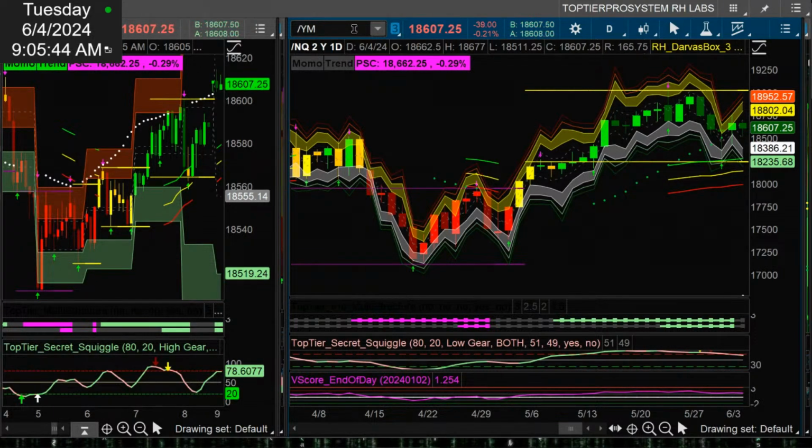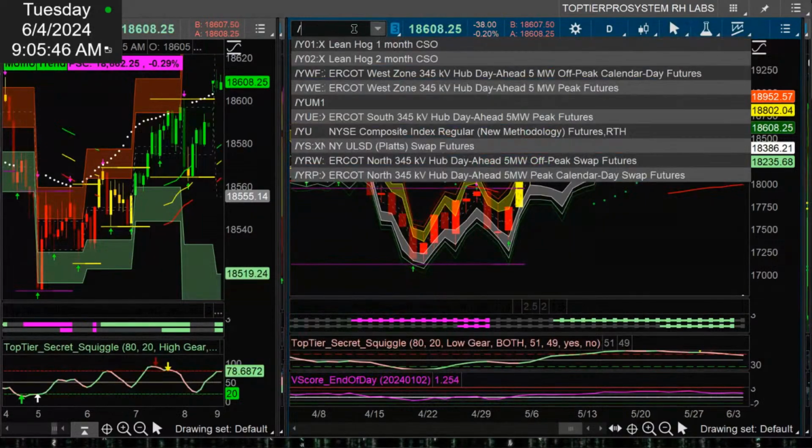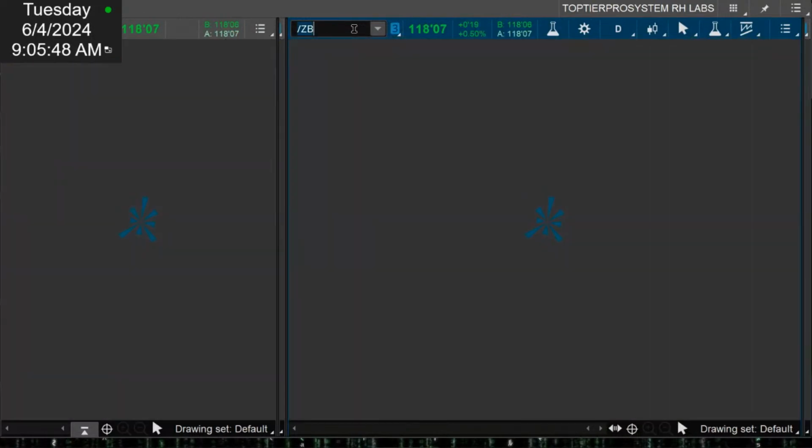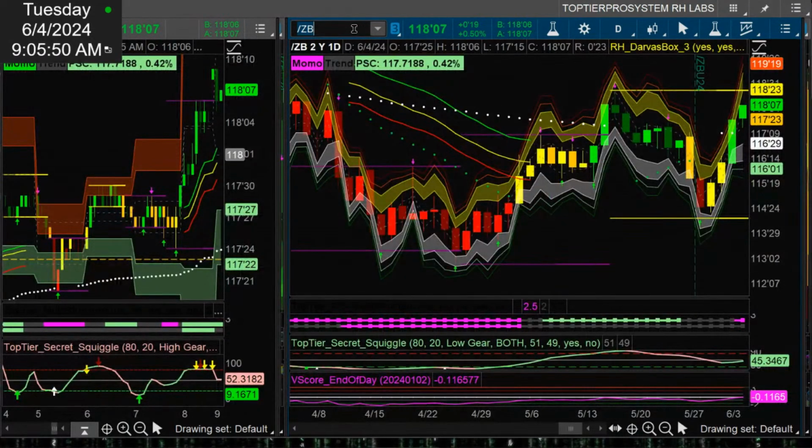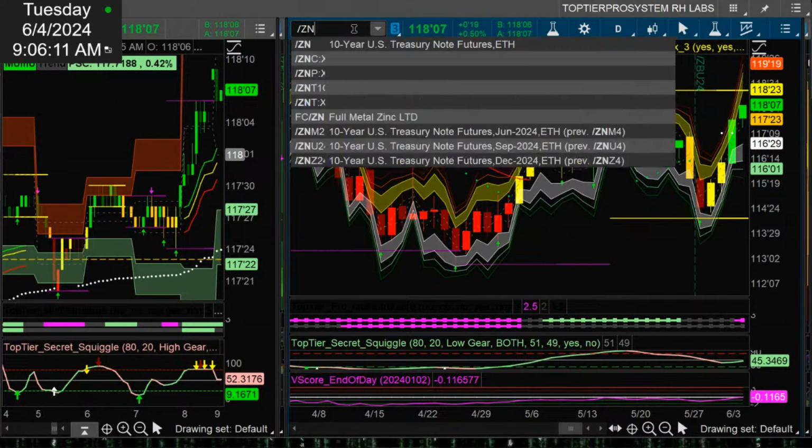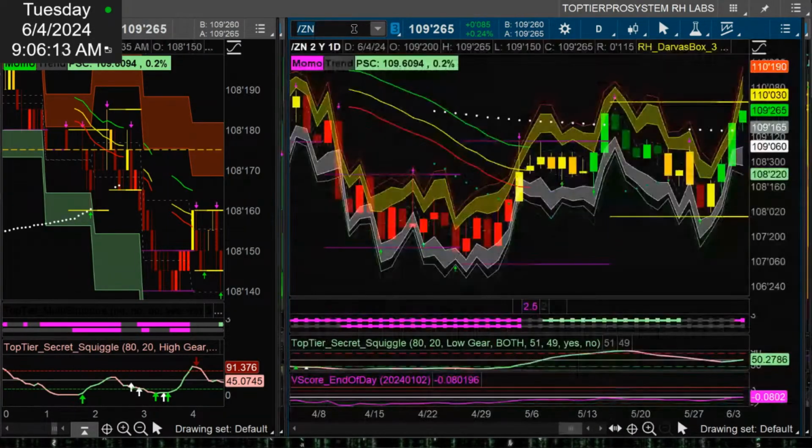With that being said, let's jump over to what's going on with bonds and gold, as well as crude, which continues to be pretty weak. Bonds are moving higher, and what does that do? Bonds moving higher in the most basic sense is lower yields. We can talk about the why and the what, but at the end of the day, when we see ZB moving higher, or TLT moving higher, ZN moving higher, that's just lower yields.